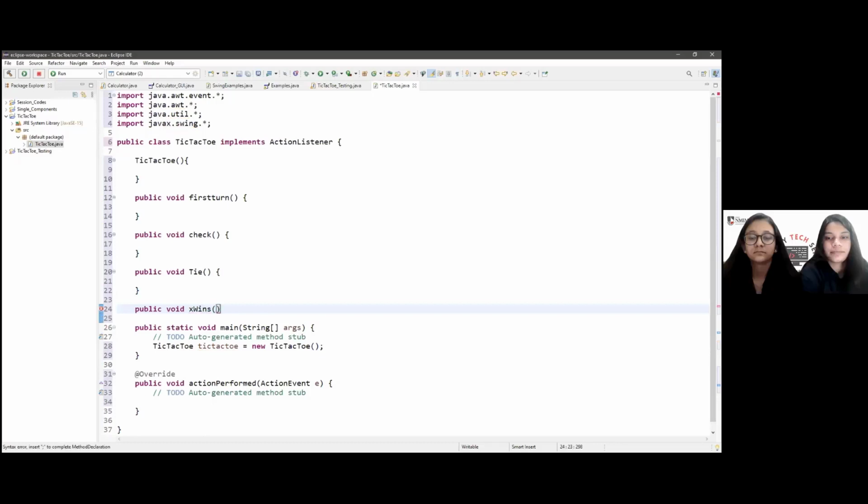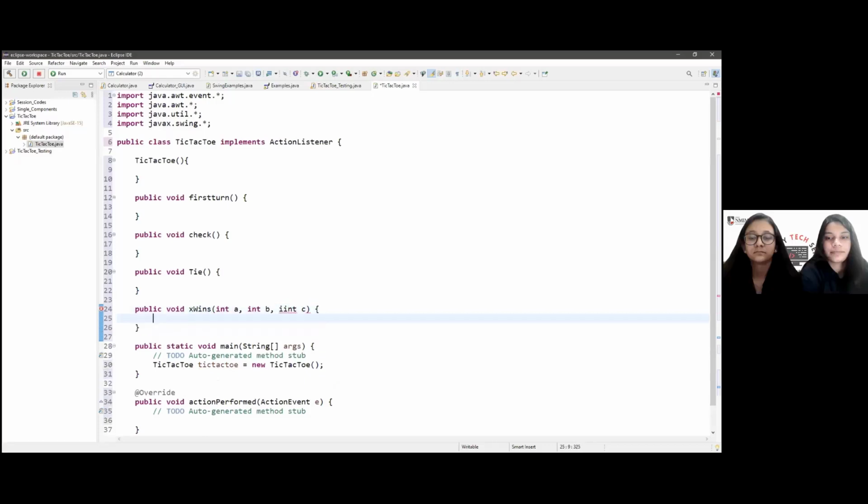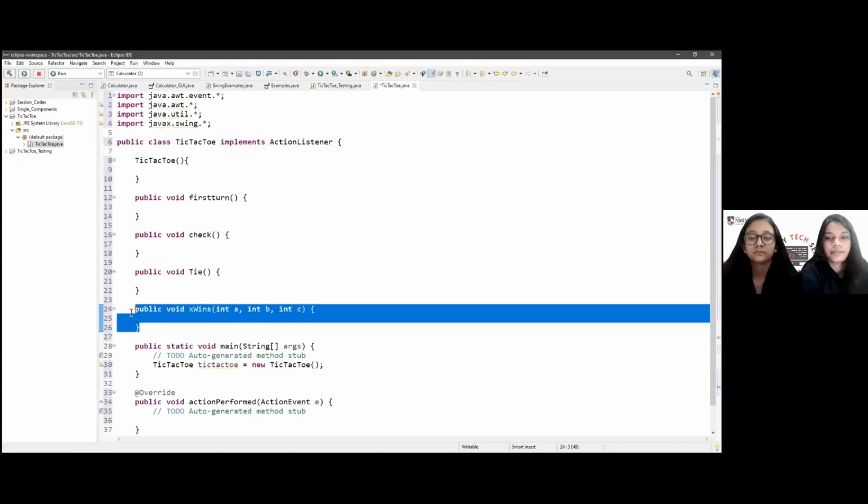So public void xWins and we'll set up some parameters. We are going to receive the winning combination of buttons. We will set this up to be integer values, so I will set up these parameters with int a, int b, and int c. That's it. Let's do the same thing for O, and we can just copy this and paste it and change X to O.